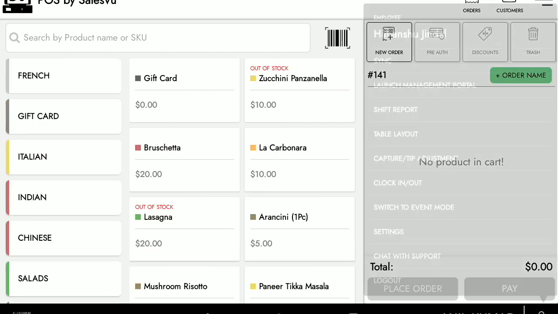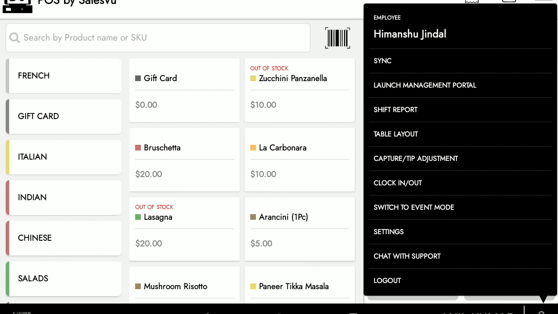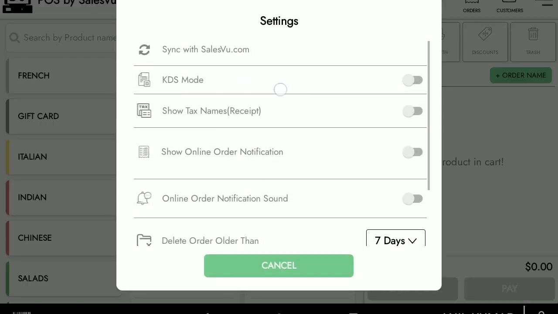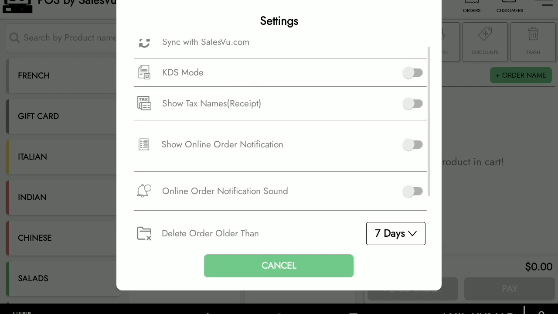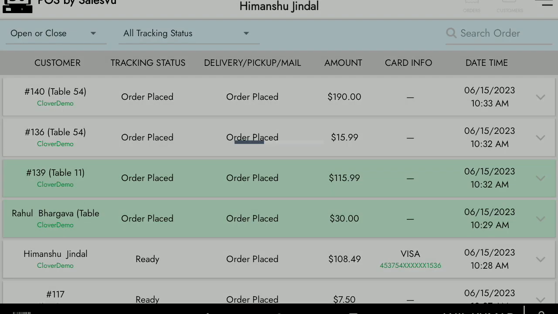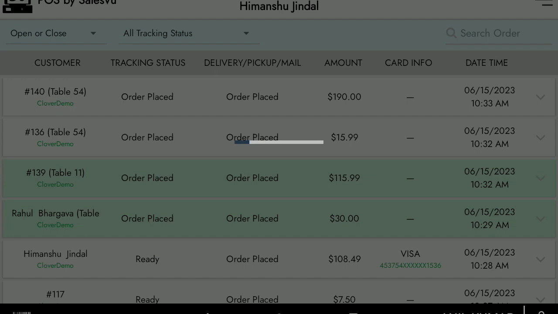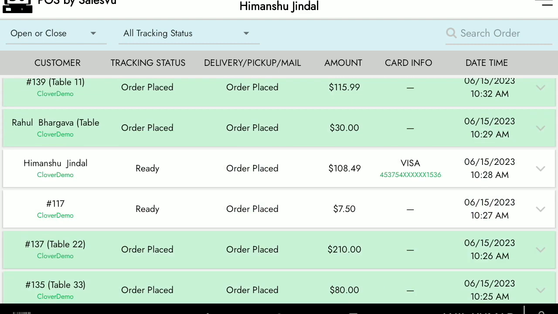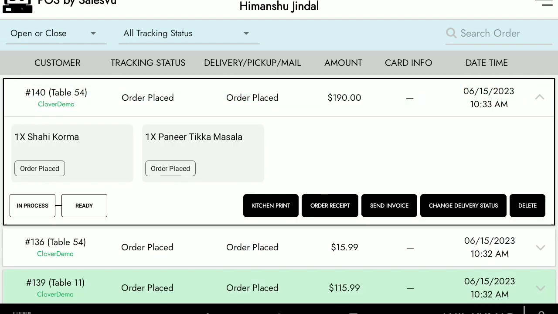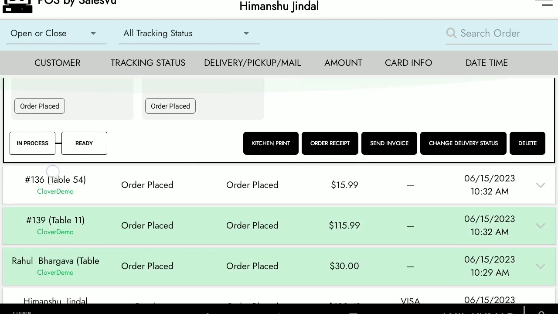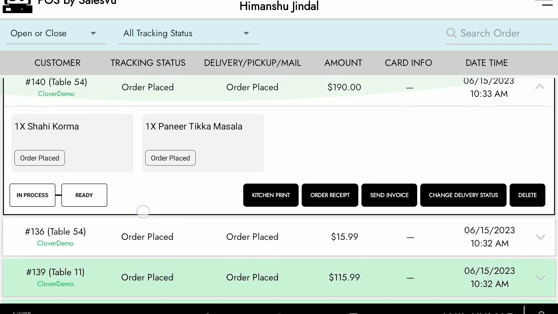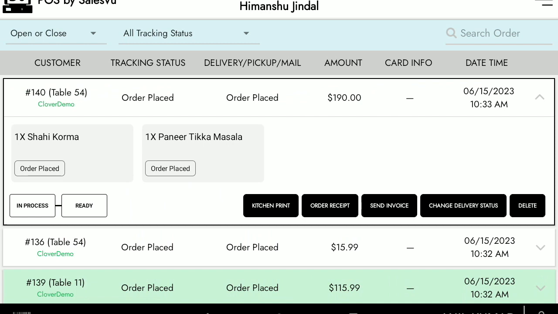Another functionality that we have is under settings, we can go to the KDS mode. This will turn the POS into a kitchen display in which you can see all of the orders that have been fired to the kitchen and do different things. So here we see the first column of the customer, then we have the tracking status, delivery or pickup, the amount, card information, date and time. If I open one of the orders, I can see the dishes that have been placed,